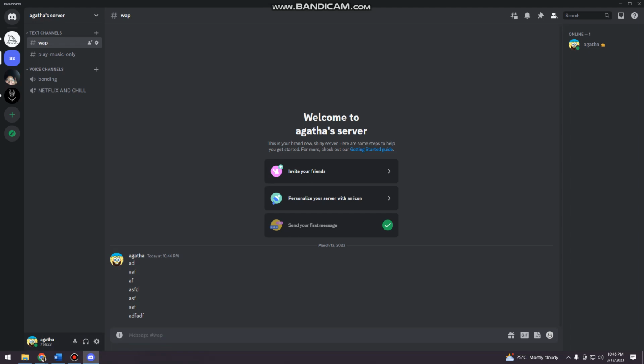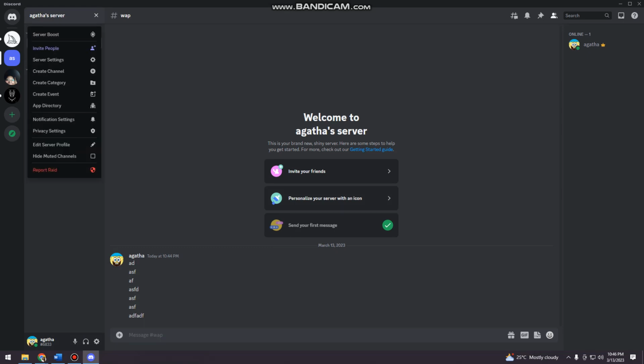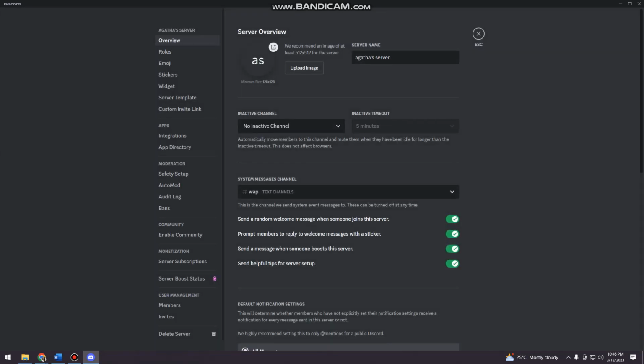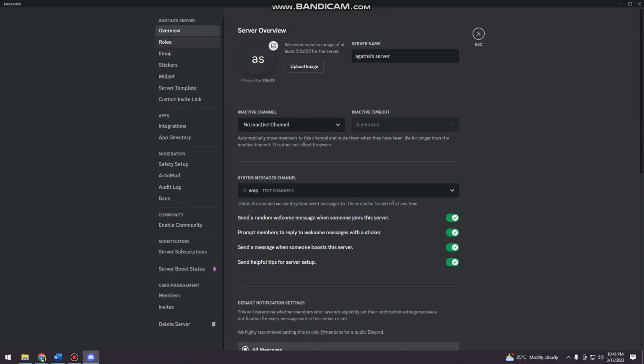So first of all, you want to open your Discord app on your computer, and then just go ahead and choose or click the server that you want to delete. So for example, this server. And then here just click on this drop down arrow at the upper part of your server, beside your server name. After that, you want to click on server settings,